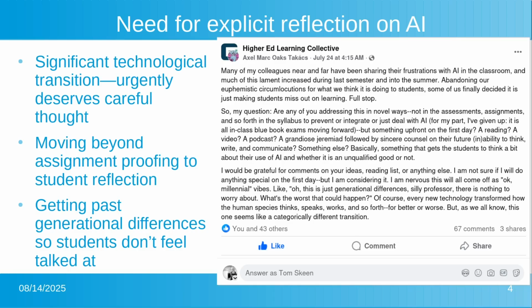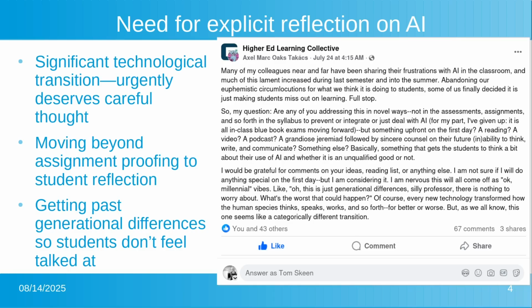It's urgent, the semester's starting, and something that we need to be thinking about, because what's at stake, like Axel says here in this post, is student learning. And that's what we're here for. That's what students are there for. We want to make sure that that happens. And so it's kind of core to our mission, which is important.